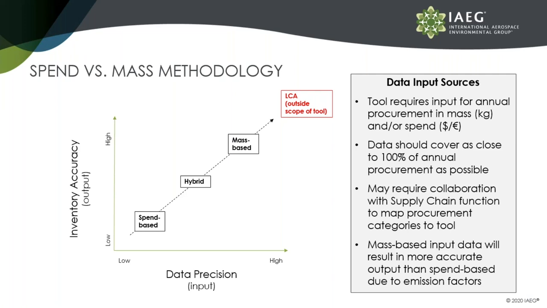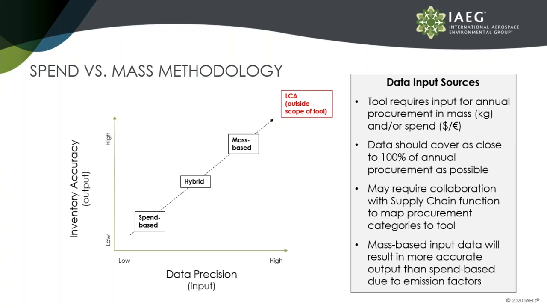In many organizations, and this is the underlying principle of the tool, you have to walk before you run. So if you're taking a spend-based approach, it is the least data intensive. It is the easiest to do,